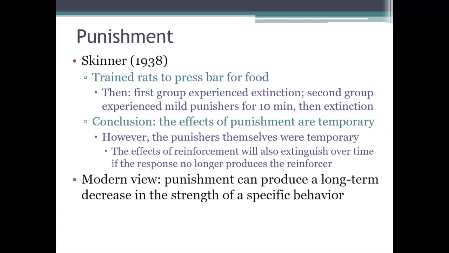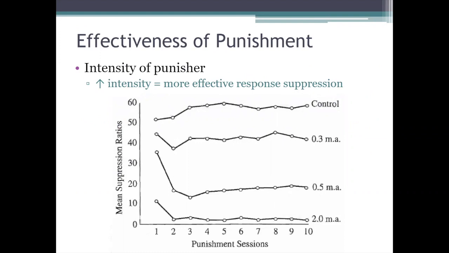So, now we're ready to go over some of those variables that influence how effective a certain punisher is. And, guys, as I think you'll see here, many of these factors are pretty intuitive. Okay, I don't think they'll surprise you too much. So, for example, take this first one, the severity of the punisher, the intensity of the punisher. All else equal, and as you'd probably expect, a bigger, more intense, more severe punisher is typically going to produce more effective suppression of the response than a weaker, milder punisher will.